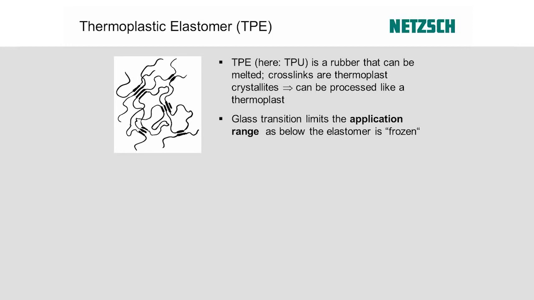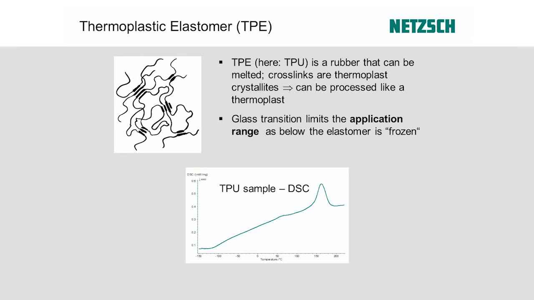So here I did a DSC measurement on the sample. This is the thermoplastic polyurethane sample. And the question is now, where is my glass transition? This just increases here. There's a small bump at about 50 degrees. And at about 150 degrees, you might have already guessed, what you see is an endothermal peak. This is the melting peak of exactly my thermoplast crystallites as the thermoplastic elastomer melts. However, the question remains in the DSC, where is the glass transition of my